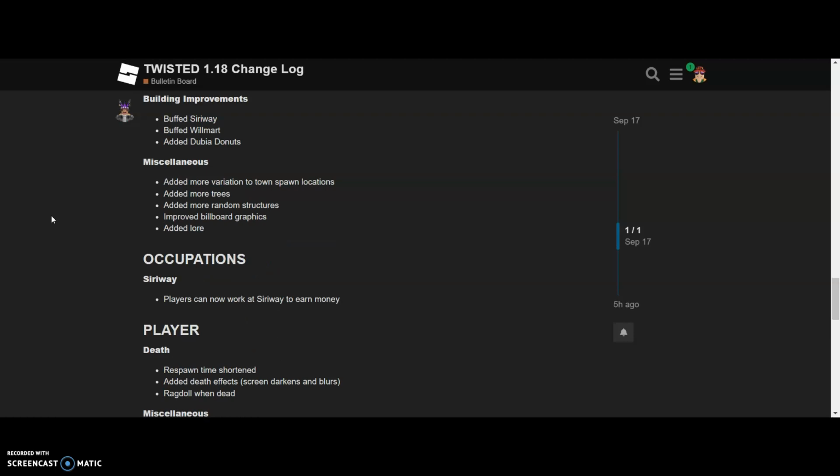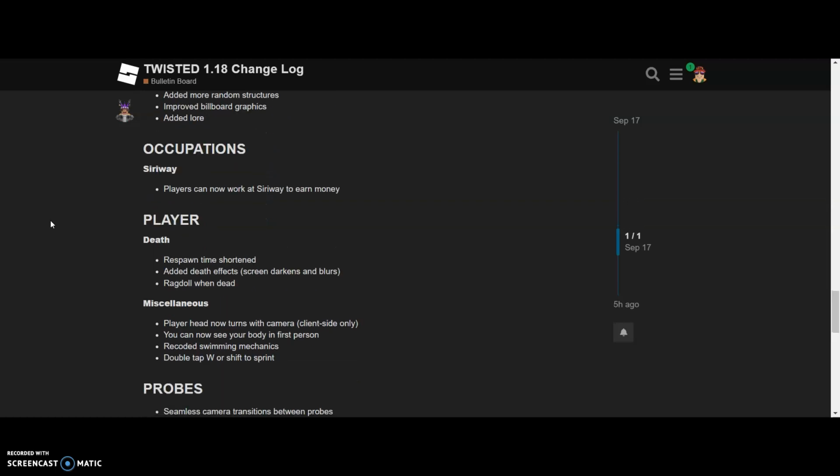Miscellaneous for the map. Added more variation to town spawn locations. Added many more trees. Added more random structures, so it's not just bland. They improved the billboard graphics and added lore to everything. Occupations: civilian jobs are finally here, so you can hop into the game and players can now work at Siriway